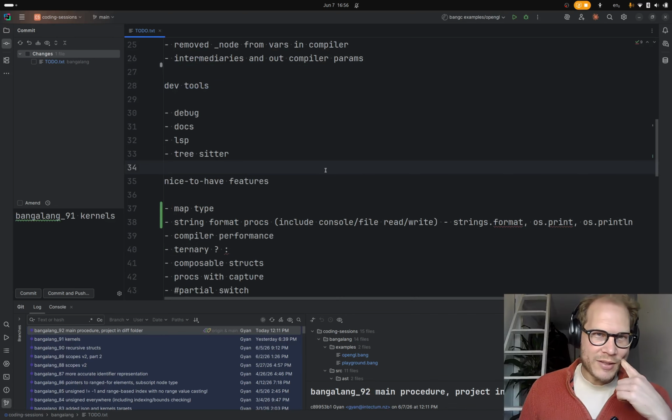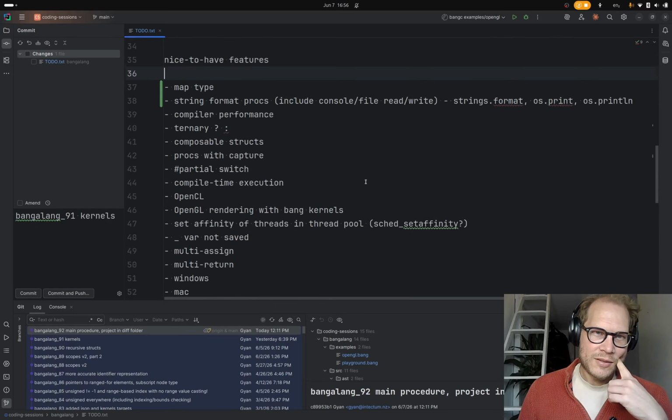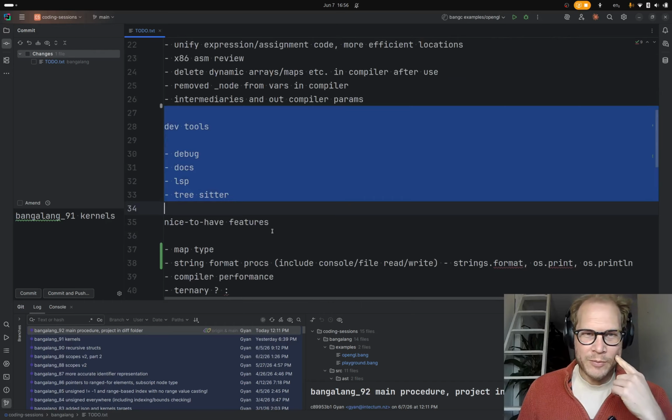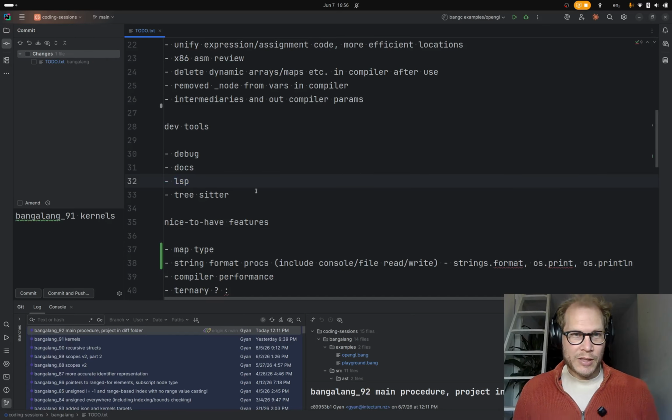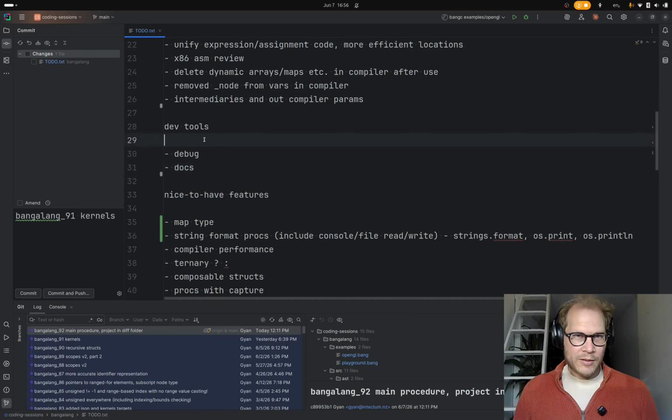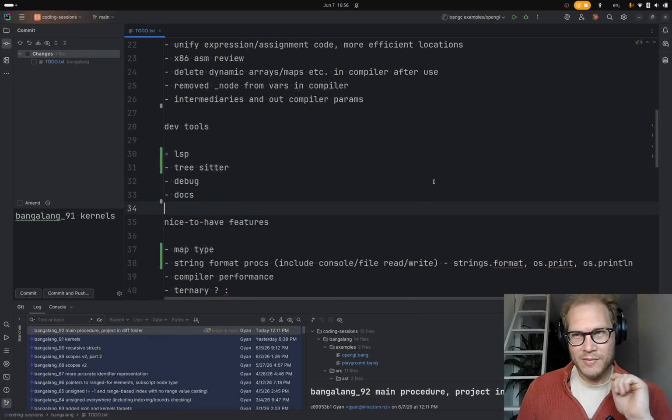Yeah, so what we have is nice to have features. And dev tools is actually above because I think they're more important, especially LSP. LSP, let's put LSP at the top. That's what I'm most looking forward to, actually.